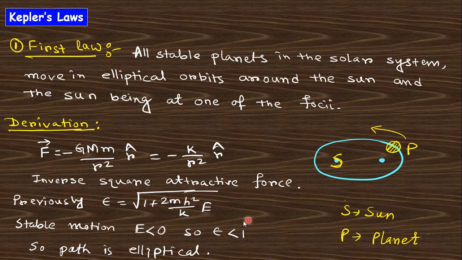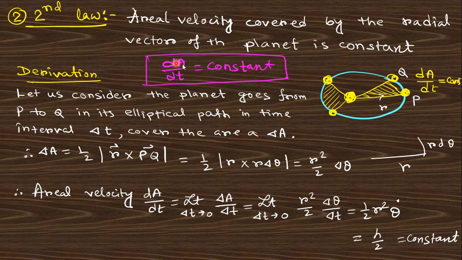Energy negative means epsilon is less than 1, which says this path will be elliptical. So we can say this path will be elliptical when it is stable and obeys the gravitational force, right. Kepler's second law says the areal velocity, if a planet moves in this elliptical path and the sun is at the center,